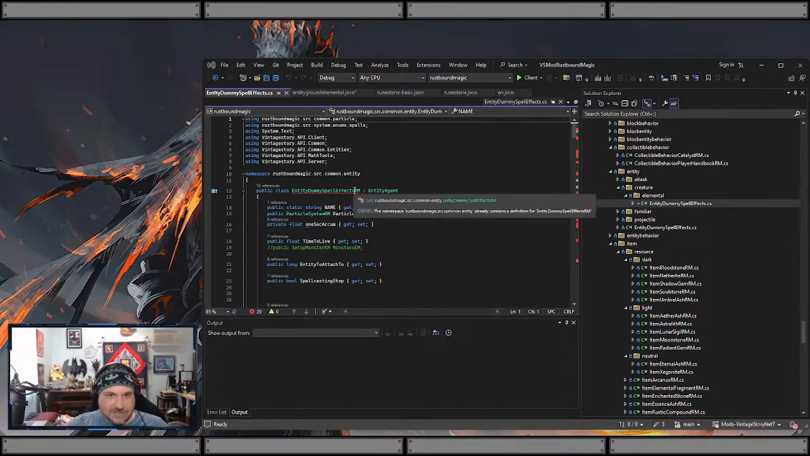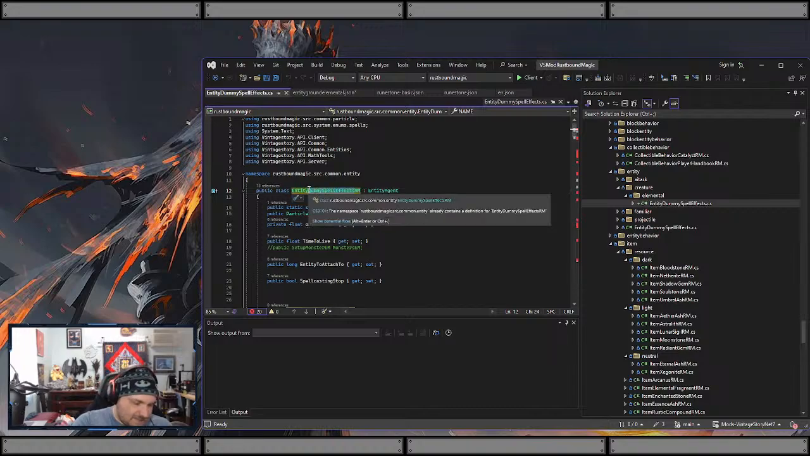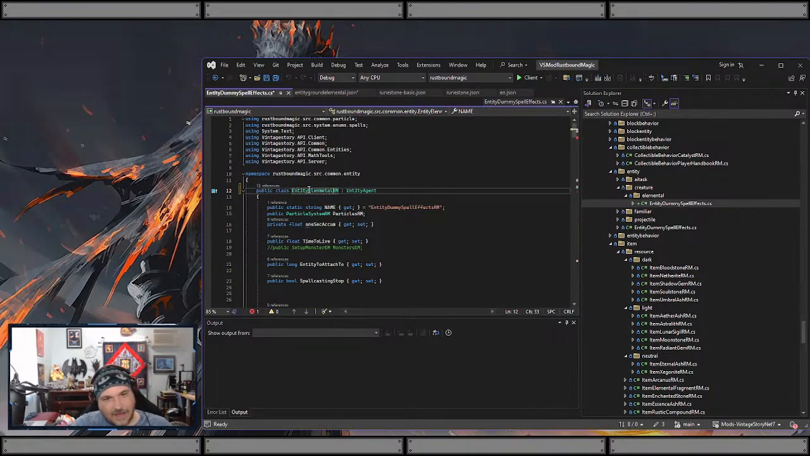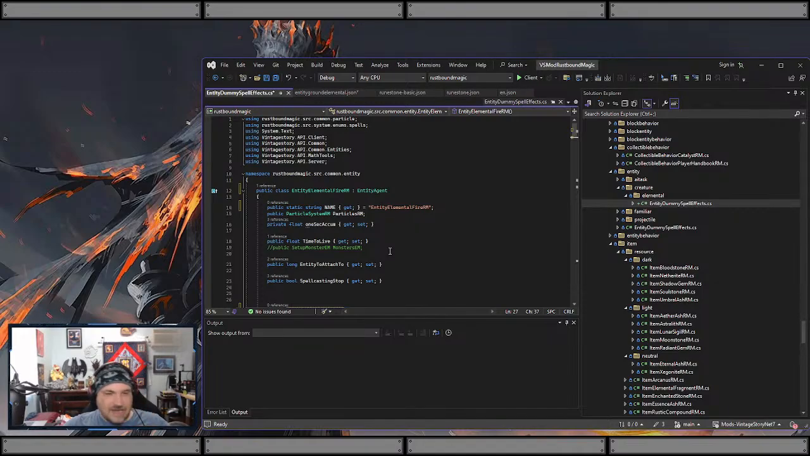Yeah. So it is going to be entity agent. This is going to be entity elemental, elemental, and I'll say fire for now. So this is going to be the name. We need to change this. I need to change it here. Okay, and now